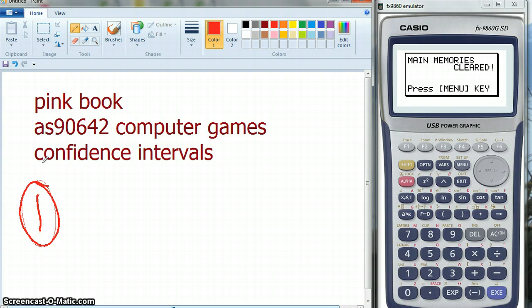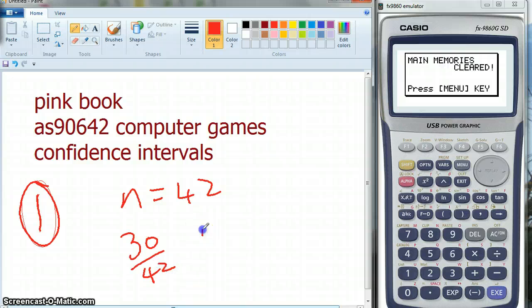Hone and Louisa researched the computer game playing habits of students. Louisa interviewed 42, so we had 42 randomly chosen Year 10 students. 30 of these admitted to playing computer games every day, so 30 out of 42 played computer games every day. Assuming everyone answered honestly, obtain a 90% confidence interval